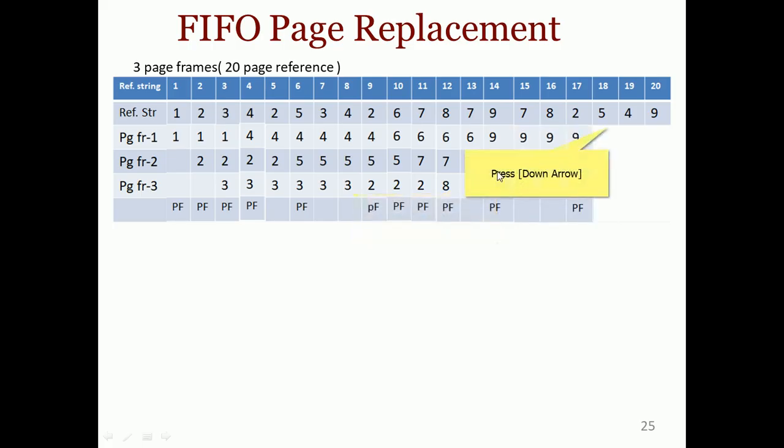So we need to bring that page in, and we will replace the oldest page, that is 2. The oldest page we need to replace is 2, right? So there is a page fault. And next we have page number 5. Page number 5 is demanded, that is a page fault. So we replace the page 8, that is 9 to 5.